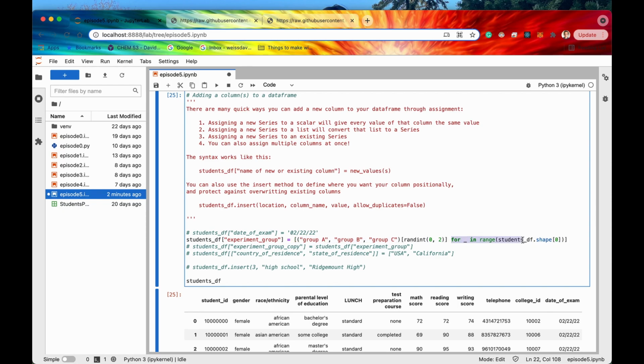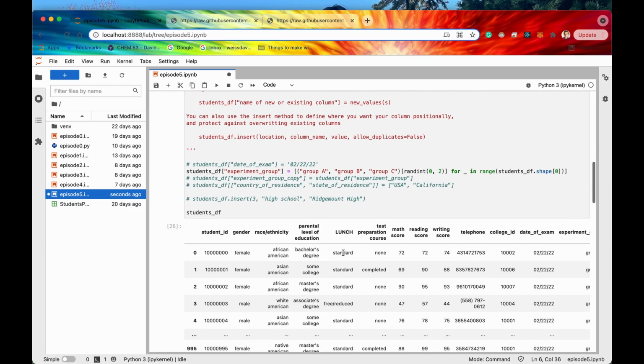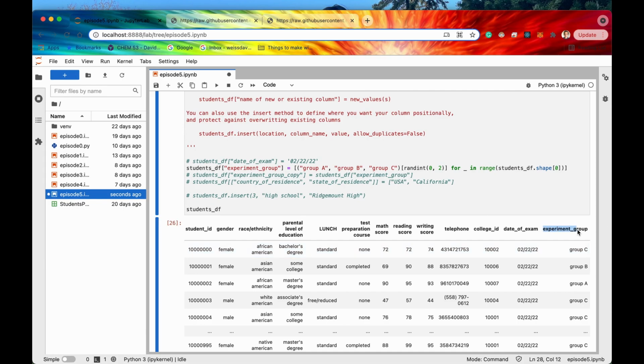I'm going to loop through the range of the rows. So we know that the shape attribute will give us both the number of columns and rows. So we're going to access the number of rows, and loop through that number of rows. Each time we loop, we take a random index of this tuple right here. So we have group A, group B, and group C, and we're just going to take a random element of this tuple. Cool, so if I now run this cell, we can see that a new column has been added, experiment group,